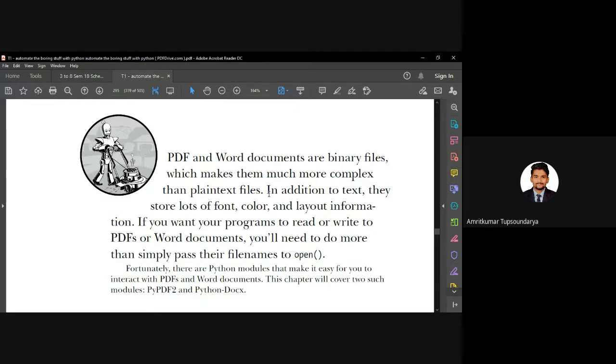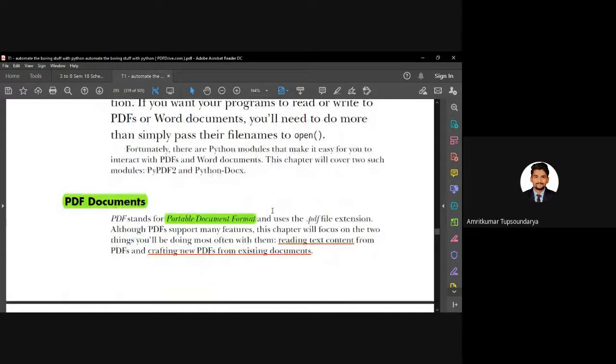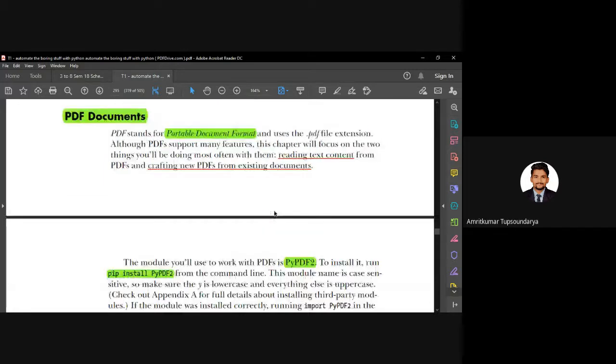Before that, I'm sure you are already aware that PDF stands for Portable Document Format. The important operations that we are going to focus on in today's lecture are reading the text content from the PDF, and creating a new PDF from the existing PDF. These are the two important aspects that we'll be focusing on in today's lecture.